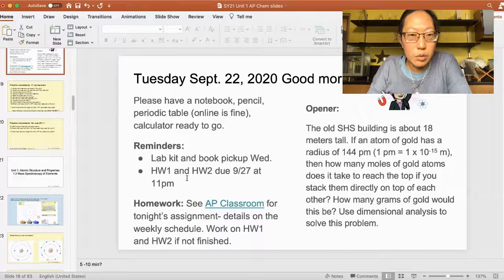So tomorrow, the lab kit and book pickup is tomorrow morning from 11 to 4 p.m. Okay, and homework 1 and homework 2 are going to be due 9/27 and 11. I'm not assigning any extra asynchronous work other than what's listed on the homework schedule for today, and these two